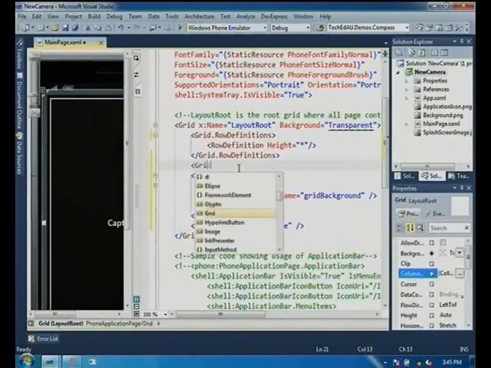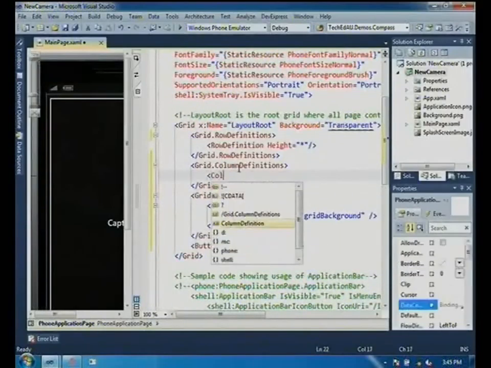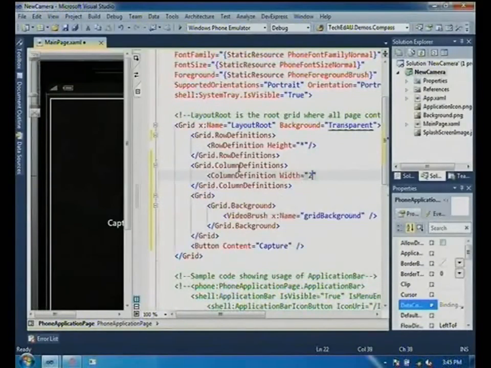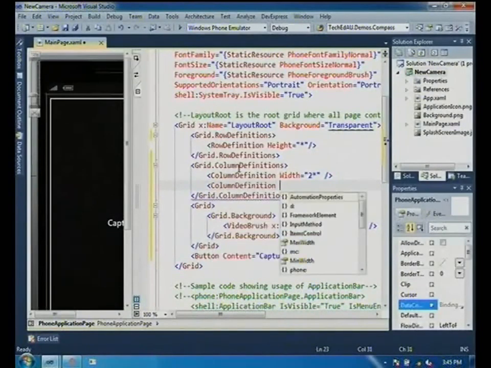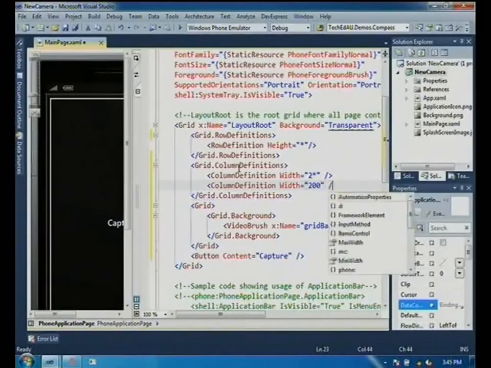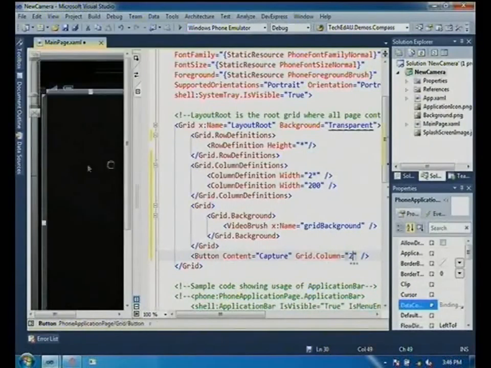I just need to add a couple of columns. Put our capture button, column 2.